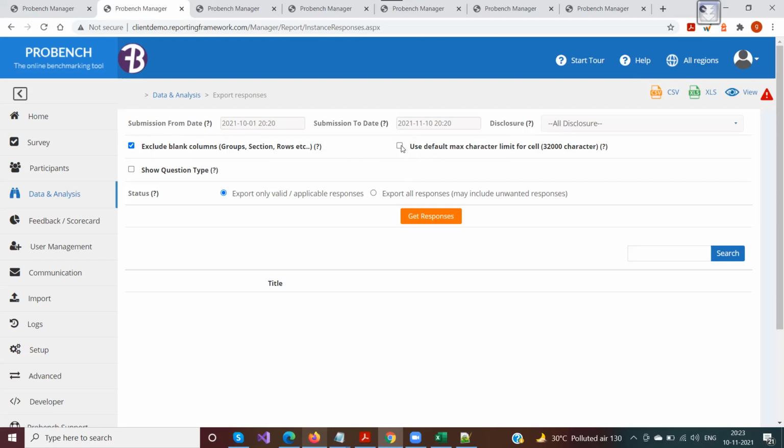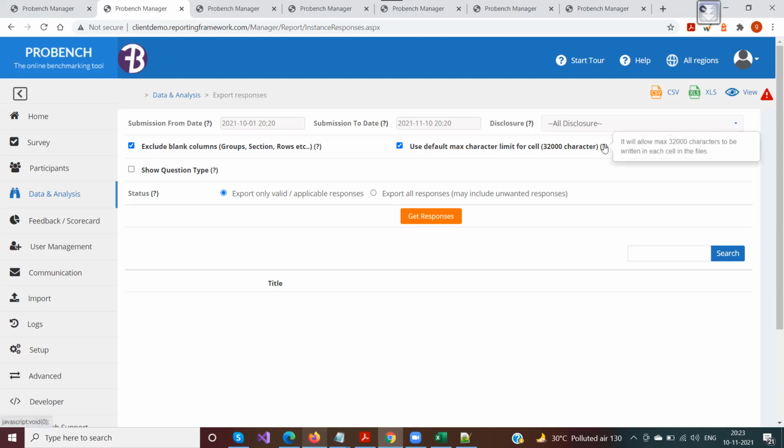Then there is use default max character limit. This is needed because Excel has a limitation on the number of characters that can be included. If the response of a particular indicator is too huge, then it would spill over to the other rows. That is what we have observed.